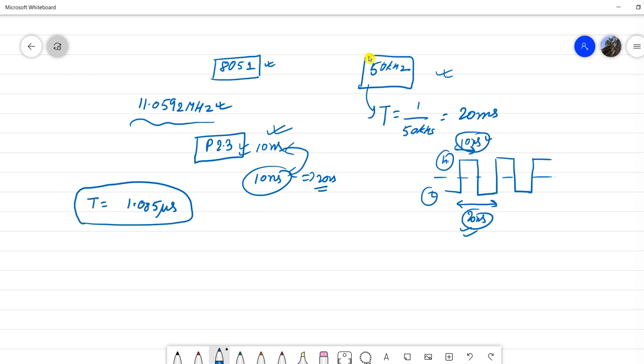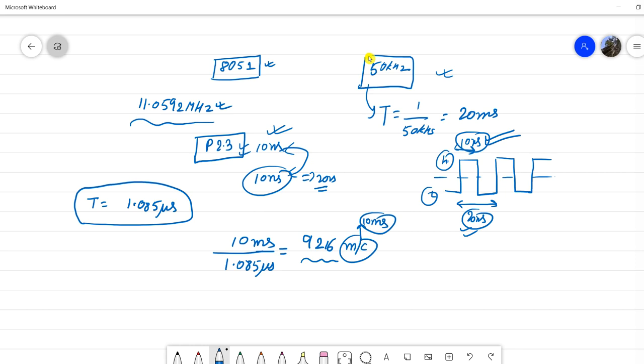So we divide 10 microsecond by 1.085 microsecond, and it gives us the value 9216. This many machine cycles are required to create the delay of 10 microsecond.